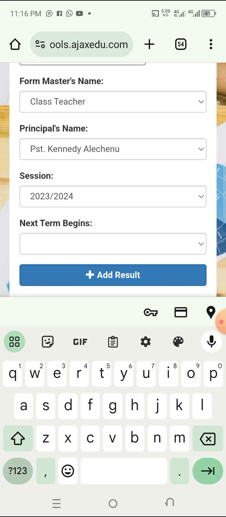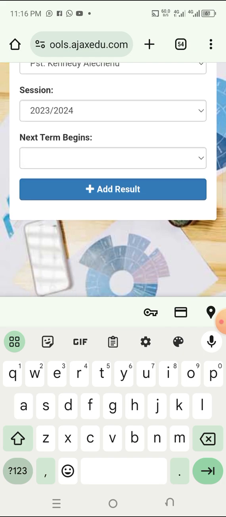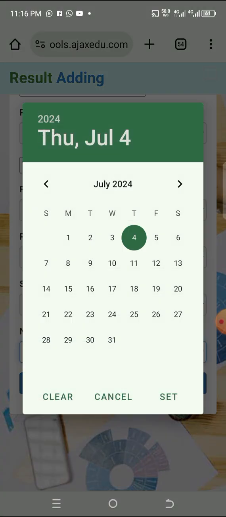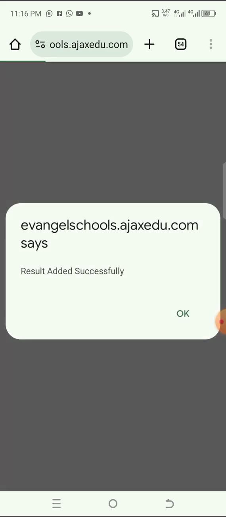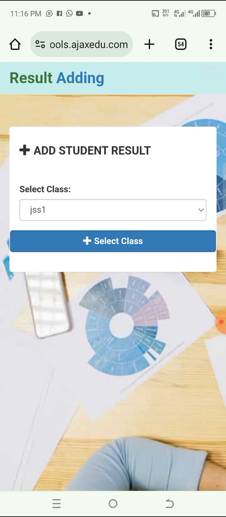So we now come to the teacher, the principal name is already there. Now come to this one, it must be there. Let's say 34 to be resumed back by 34. This is for the class teacher. This is a final remark. If it's not final, you don't do this side. It's final remark, and now say add results. So results have been added successfully. I think okay. So that's just it for that.